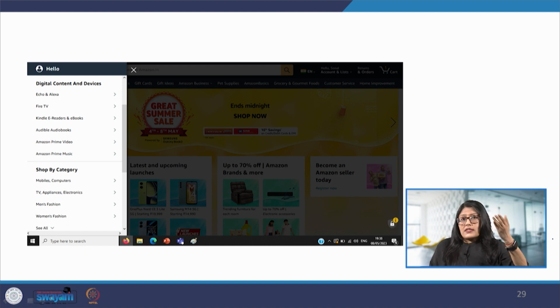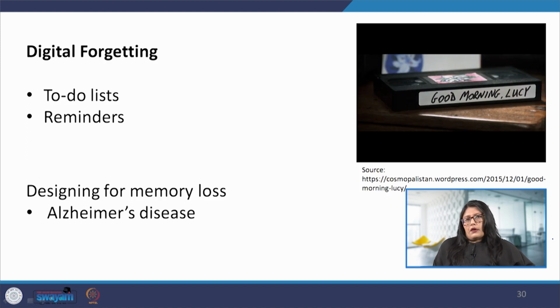So this is something that should not appear for a flash and then disappear. We can always go back to it and revisit it. So really, Miller's rule does not apply to these digital interfaces. Another interesting thing is digital forgetting, because, like I said earlier, we are all the time